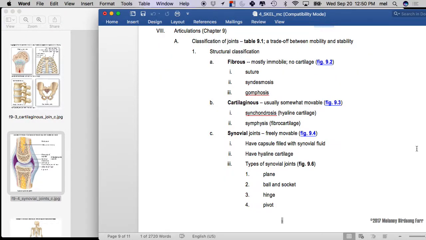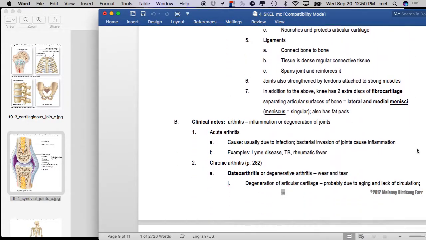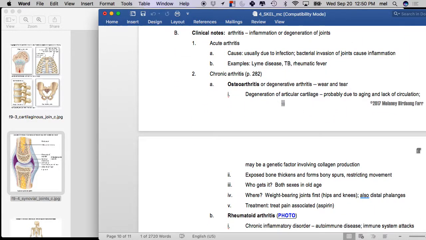Here's what I'm gonna do for you. Just so that you will have talked about these, I'm going to do a little 5-minute lecture and put it up for the arthritises, right? I don't even know if I'll ask about them, but it's a good thing for you to know. So I'll put a little 5-minute lecture up under the other lecture. It won't be up until later today though, okay? So don't worry too much about it, but I don't want you to not have learned anything about arthritis.